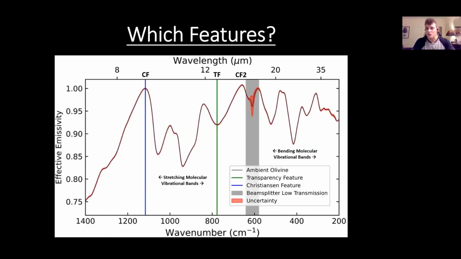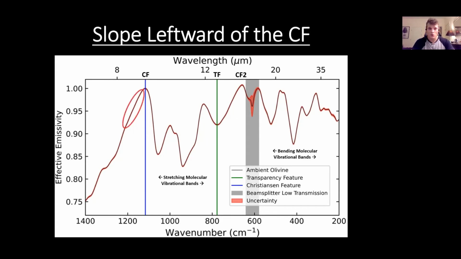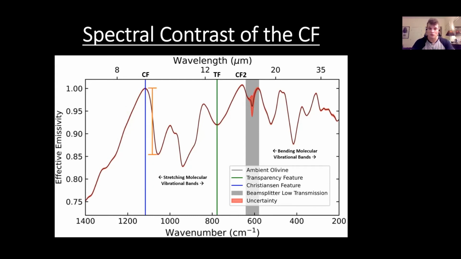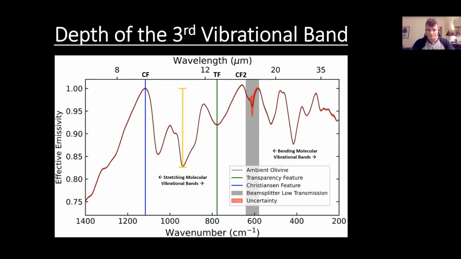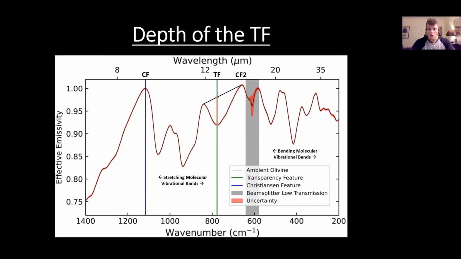So what actual features are we measuring here? I kind of discussed them really quick, but let's make this a little bolder here. So there's a slope leftward of the Christensen feature. We'll be measuring that. There's also the spectral contrast of the Christensen feature, which we're measuring from that peak all the way down to that trough. Then the depth of the third vibrational band, which you're measuring from that trough all the way up to the height of the Christensen feature here. We're also measuring the depth of the transparency feature, which is drawn as a perpendicular line from the trough of the transparency feature, the absolute minima, straight up until we're meeting a line connecting the two peaks on either side